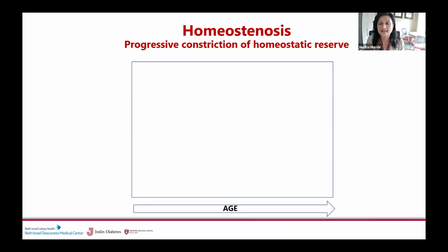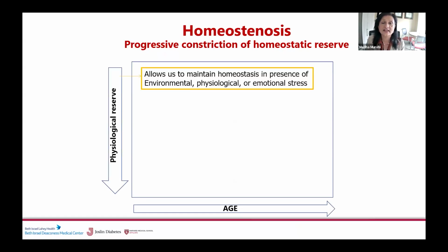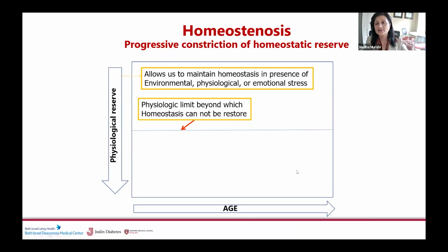What I mean by that is that with increasing age, there is a decline in physiological reserve. Physiological reserve is what allows us to maintain homeostasis in the presence of environmental, physiological, or emotional stress. And there is a physiological limit beyond which the body cannot restore homeostasis, and that limit declines